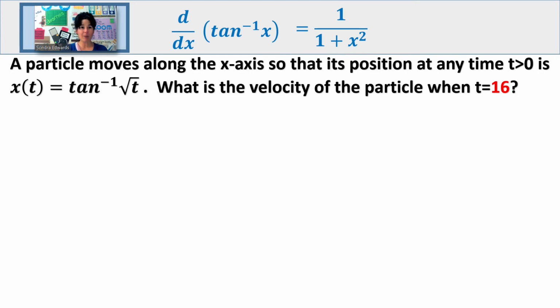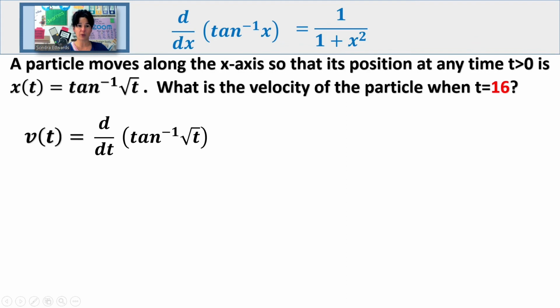The derivative of a position function is a velocity, and the derivative of velocity is acceleration. So ultimately, to find the velocity at 16, we need to find the derivative of the position and then plug in 16. So v of t, in other words, the derivative with respect to t of tan inverse of square